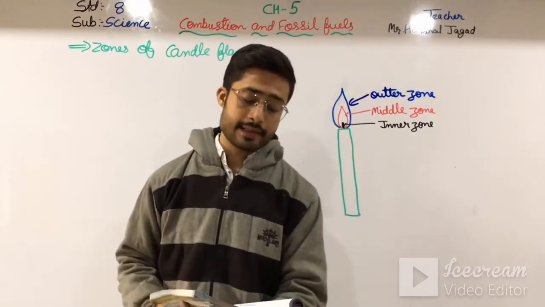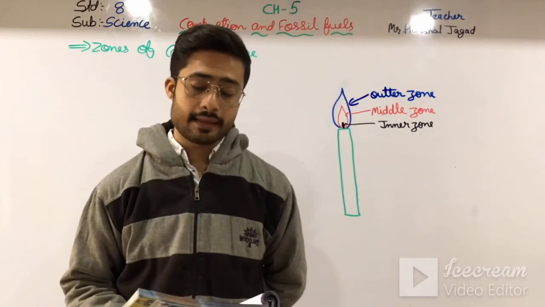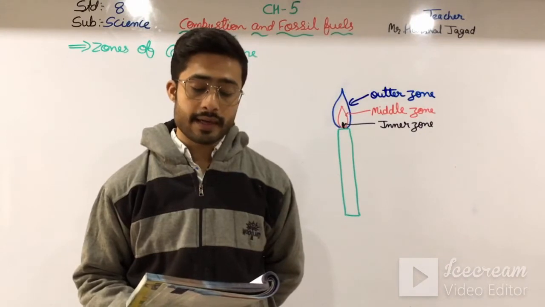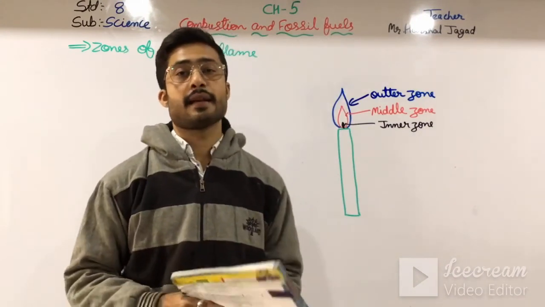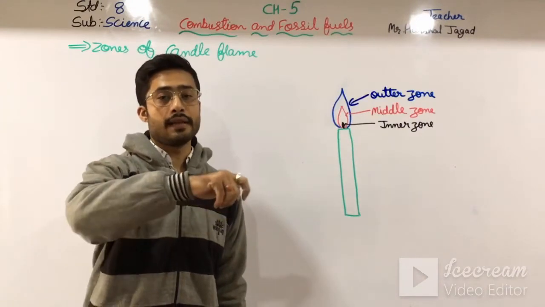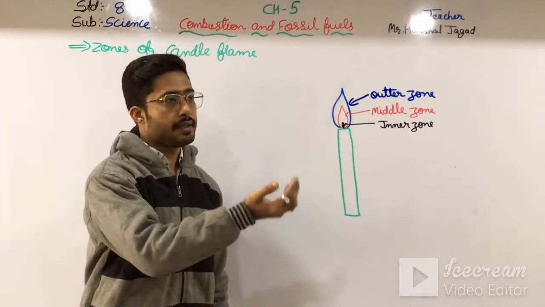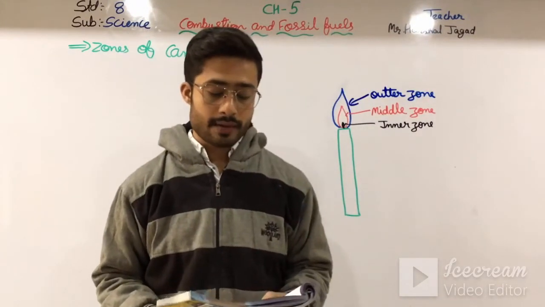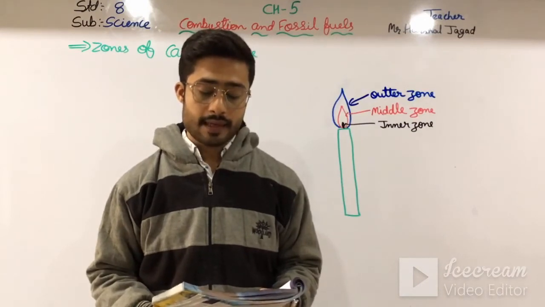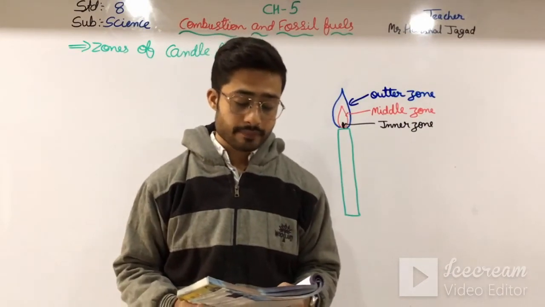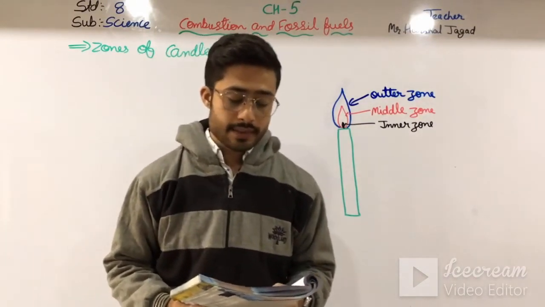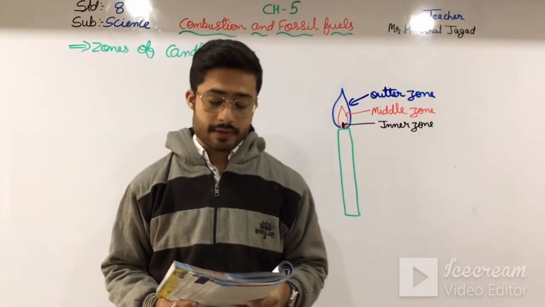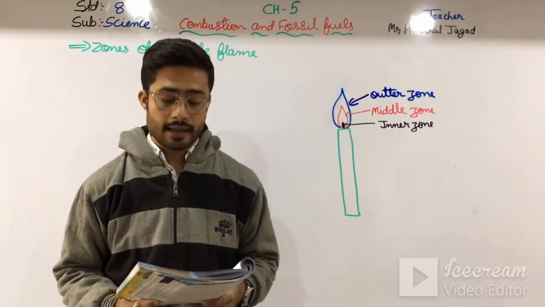Okay. The next activity is to prove that when a candle is lit, the liquid wax absorbed by the wick is converted into vapor. In this activity, the burning candle is blown out, and you can see the wax vapor going upward. What we need is a candle, a matchbox, and a pair of tongs or tweezers. Light the candle. Using tongs or tweezers, squeeze the wick tightly for some time near the flame and the liquid wax.